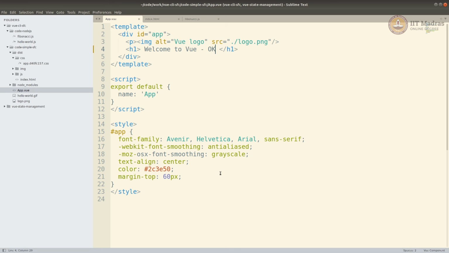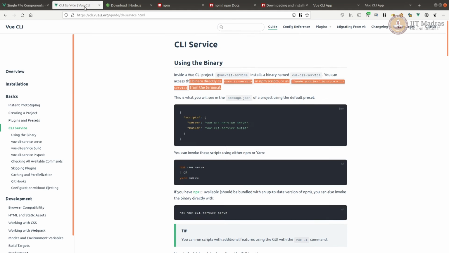You don't have to always go to single file components if you're not very comfortable using Node.js. But I would really encourage you to learn a little bit of Node.js so you can take advantage of the build process, and you can take advantage of Vue single file components and other advantages of Vue CLI, which is